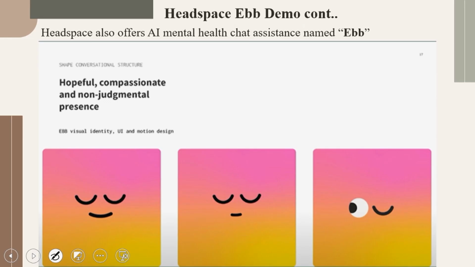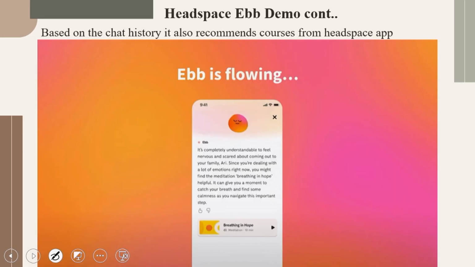You can always work on the visual identity, UI, etc. with respect to that, and based on that you can customize this and get useful insights from the platform. Now, this was one of such significant platforms which makes its way into mental health, specifically mental health problems, since mental health problems are emerging like anything these days. These platforms are actually very useful.